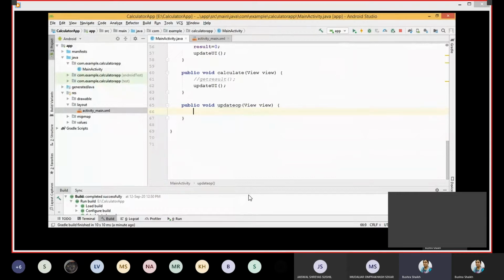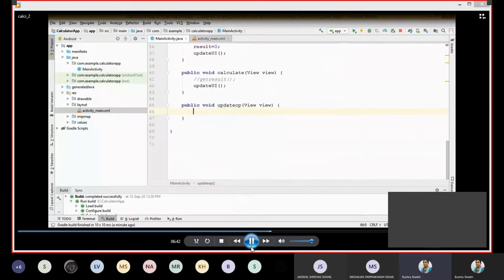But when you talk about the operations, you have to specifically look at the IDs of which button is clicked. If it is plus, then the respective operation variable has to be set to plus, otherwise minus. So for that, I just went above and copied that ID code and kept it here. This line of code is now going to be used because we are going to check the ID.